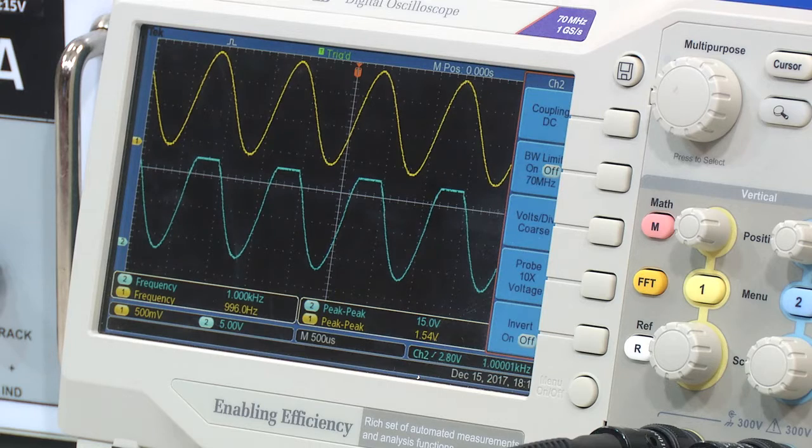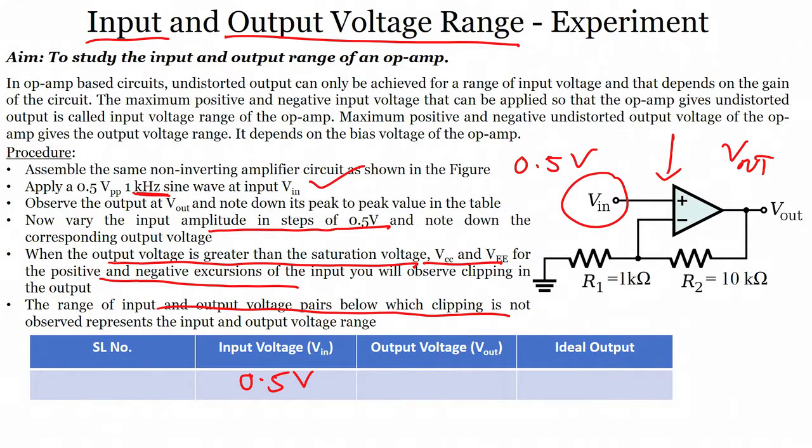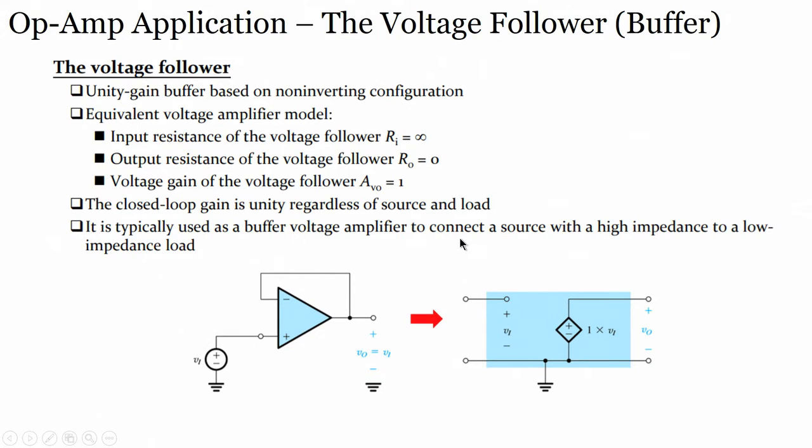So, let us quickly move to the next section, because that is also very important, which is called your voltage follower. A lot of times we have been studying the voltage follower, we have been looking at the voltage follower circuit, isn't it. So, what exactly is this voltage follower? We know that we use the voltage follower as a unity gain amplifier, right. The equivalent voltage follower model, if you want to draw, we can draw it as you can see on the screen, right,